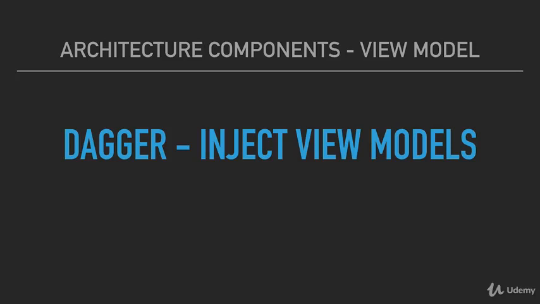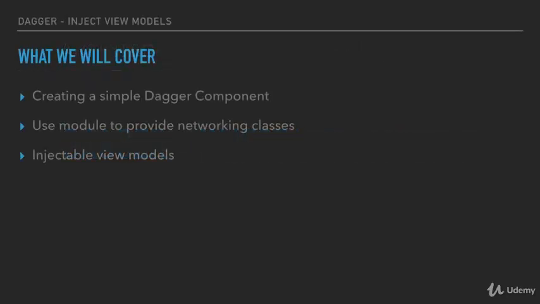In this section, we are going to see how we can use Dagger 2 with view models. We'll create an application level Dagger component. We will use Dagger modules to provide our retrofit and repo service dependencies. And then we will inject our view model classes with the provided repo service, and that'll allow us to delete